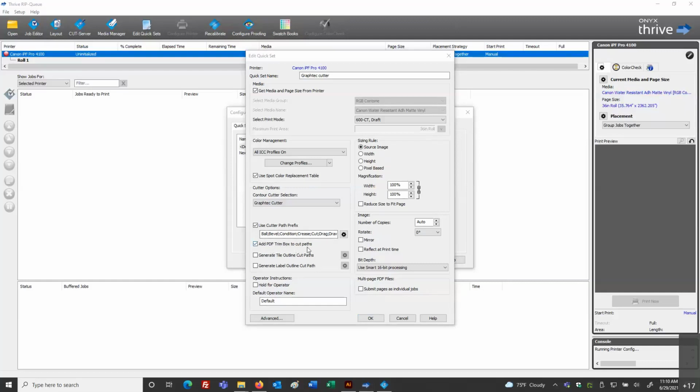If you want to automatically designate the trim box of a PDF file as a cut path, this is going to be the setting. I check that on, it's automatically going to identify that. Now, some rules here, it has to be a PDF file coming into the RIP, and if this is checked on, it'll take that trim box of the PDF and designate it as a cut path. The nice feature about this is it's automating it for us. We don't have to design that shape. It's going to automatically designate that trim box as a cut path.